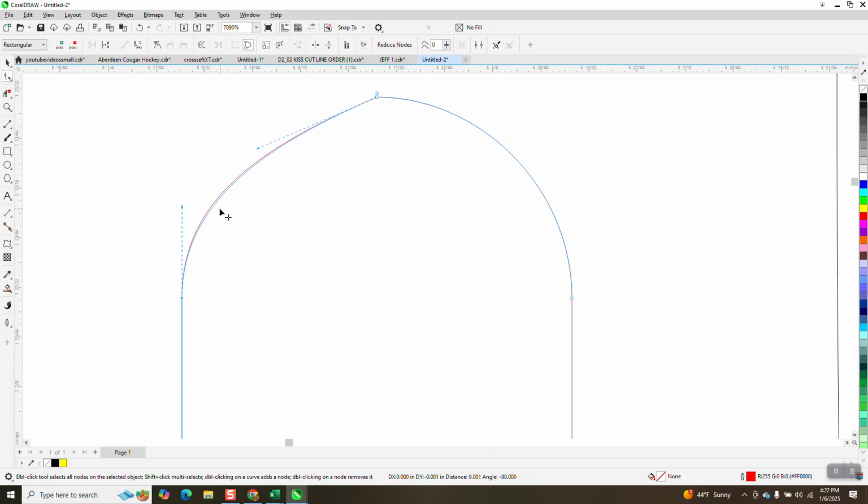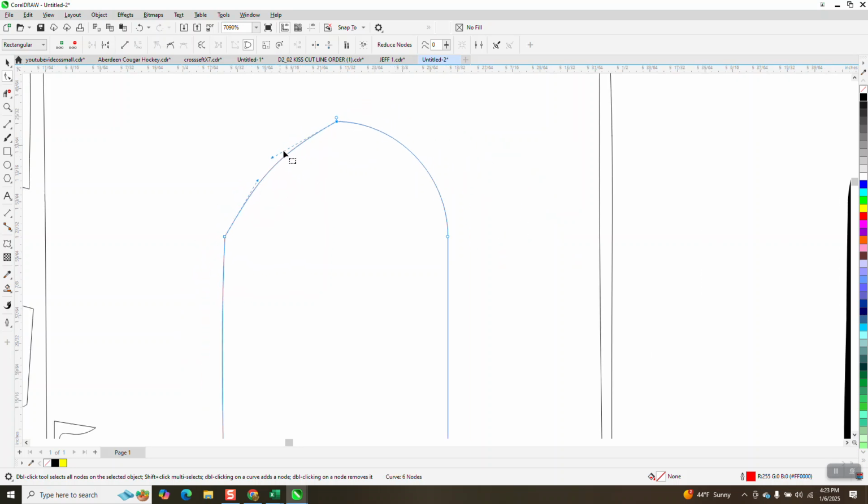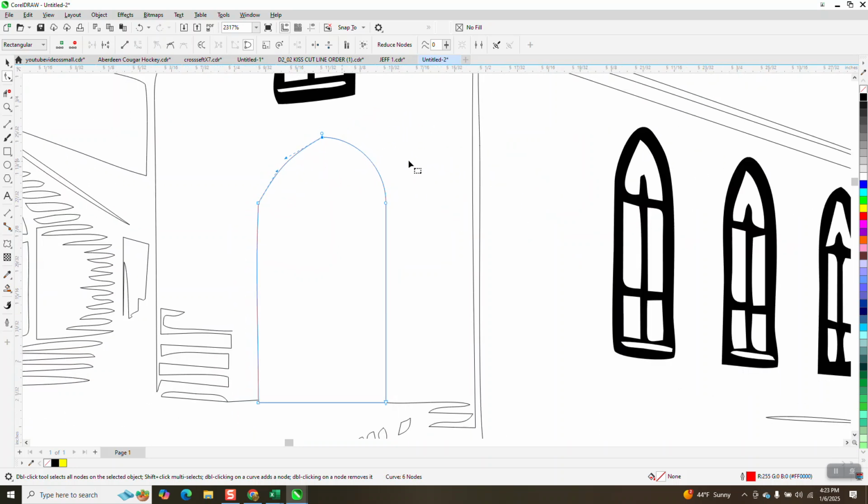Now for some reason it won't go over. So right click, let's turn it into a curve now. Whoop, need to turn it into a cusp now. A cusp will only allow you to do one handle at a time. So let's say you get this where you kind of want it. You could do both doors the same. This is a little bit confusing, I bet, but